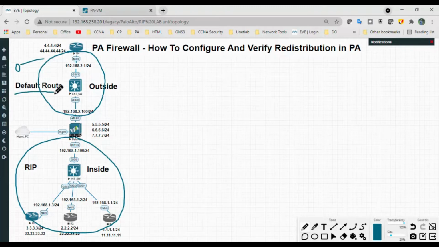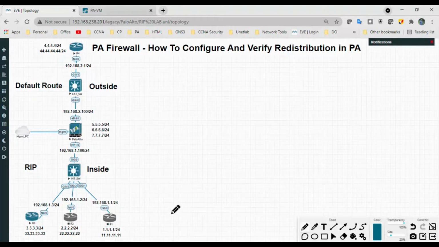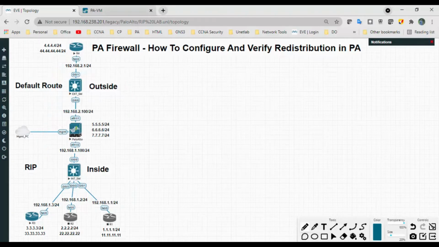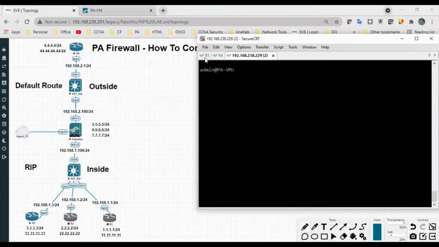In this case I'm using a RIP protocol for inside, and a default route for outside. With this I am able to reach from inside to outside, and from outside to inside with the policy. So I will show the configurations I have done in router 3.